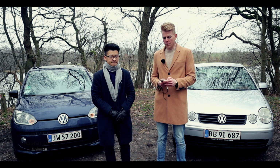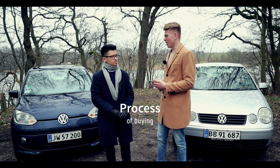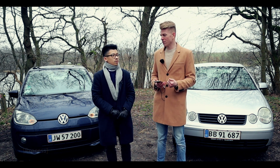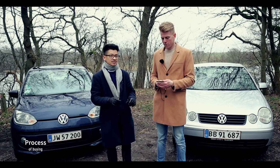Right. So when we buy the car, what are the things that we have to cover? Well, we have to change the license plates, right? No, that's actually not the case. You don't have to change it if you buy it secondhand from a private